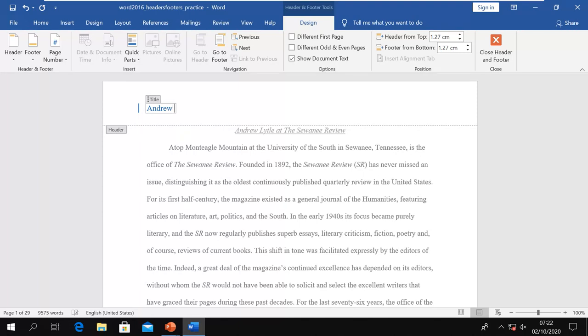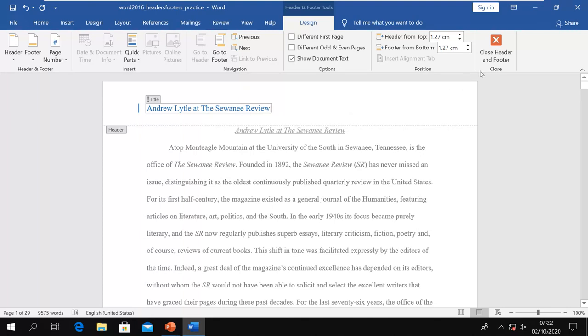Now remember, this is a placeholder, and it shows that this is a title. Title means it can be updated with the title of your document. So if your document has a title, it will automatically take that information and add it in the header. My document does not have any title, so I am adding it manually. And after finishing the addition, you just click anywhere else, and it is done.